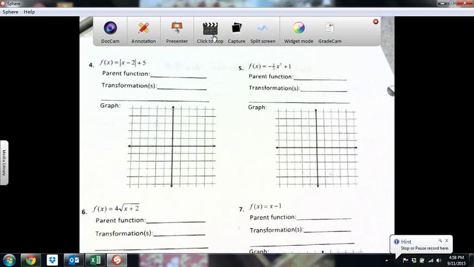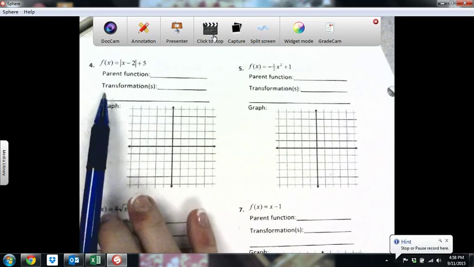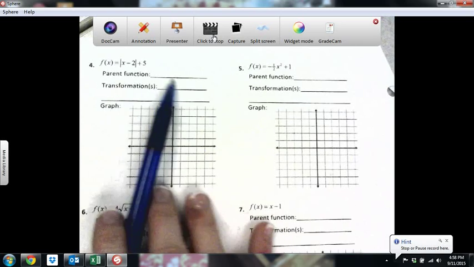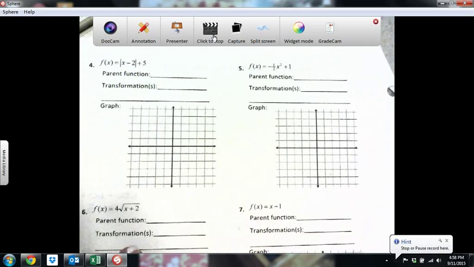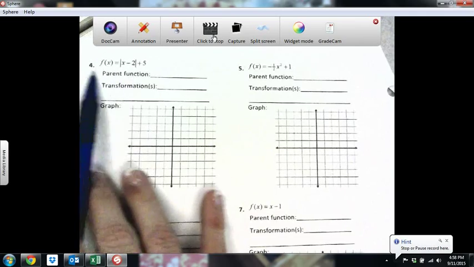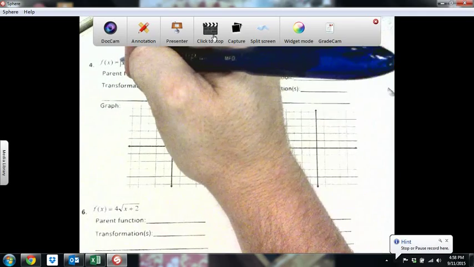The next several problems have us identify the parent function, to identify what transformations are happening to that parent function, so how is it moving, and then to graph the parent function. So the first one here, number 4, the parent function is absolute value, and I know that based off of